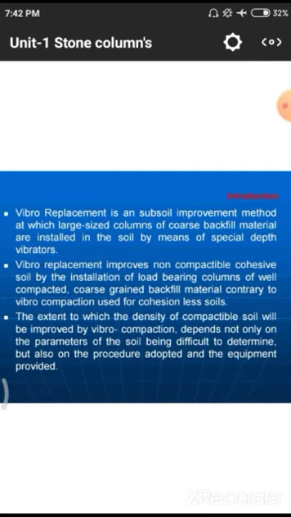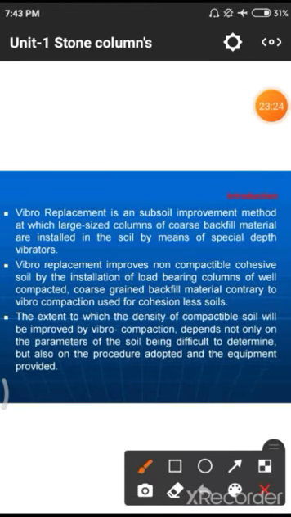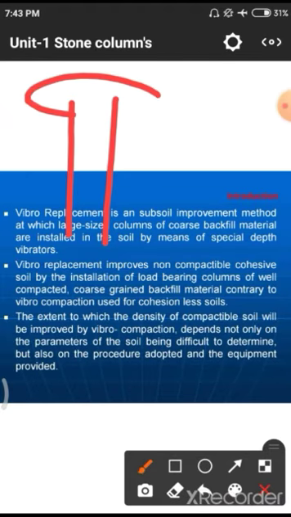Next thing we have is coarse grained backfill material, which, contrary to vibro compaction, is used in cohesionless soil. That means coarse grained backfill. What is this backfill? In the previous column we have this dimension, so that we have to do